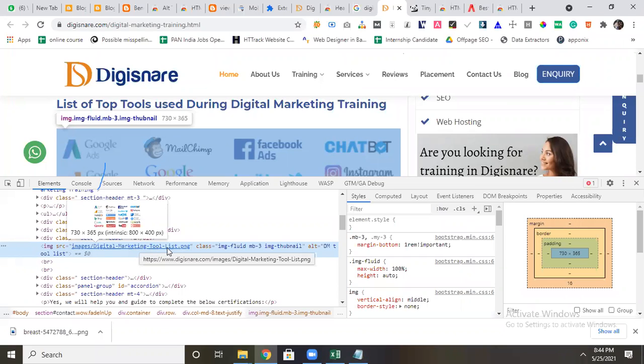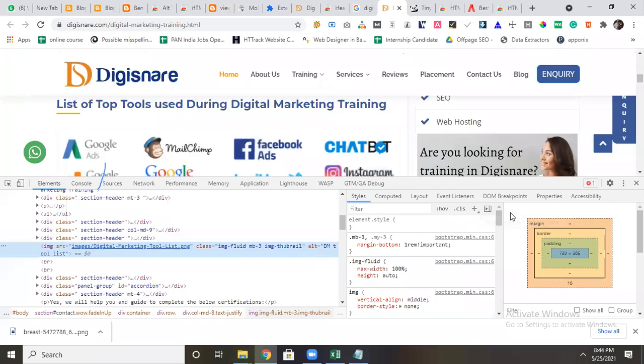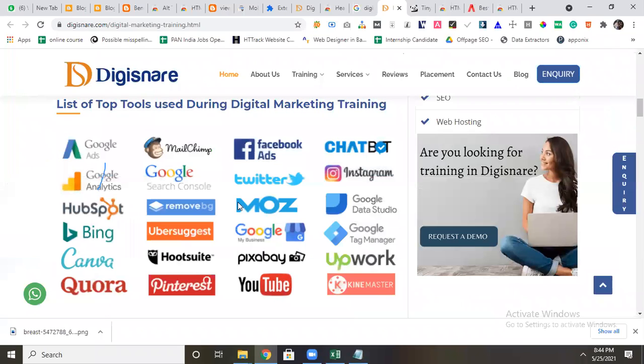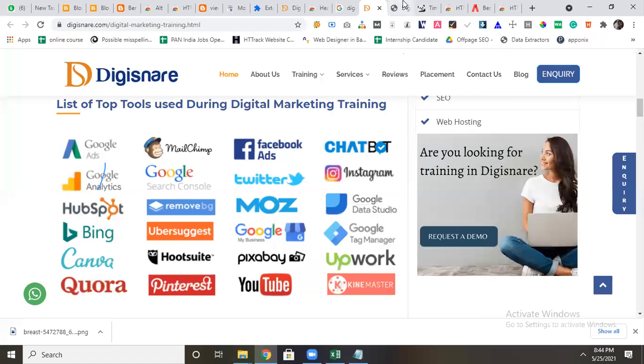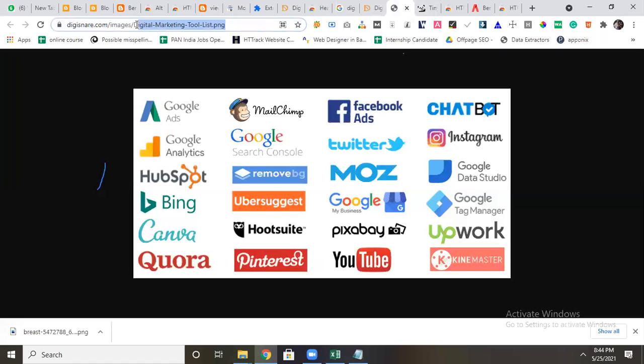The name of the image I have given is relevant because that image belongs to that topic. Another way, just right click on the image and open image in new tab. Once it is opened, here also it will show the name of the image. This is the name of the image. You can use this, this is also one of the activities.